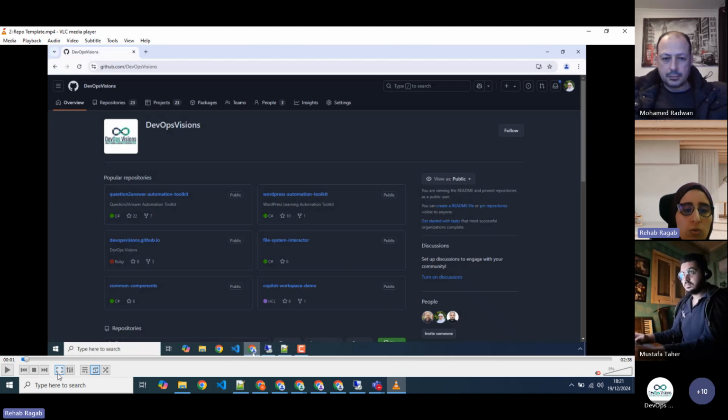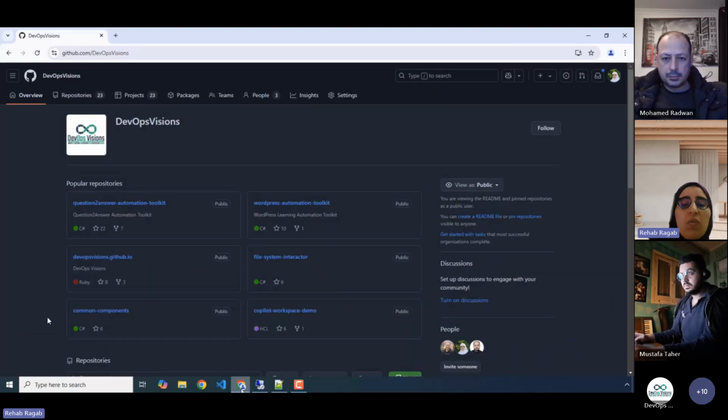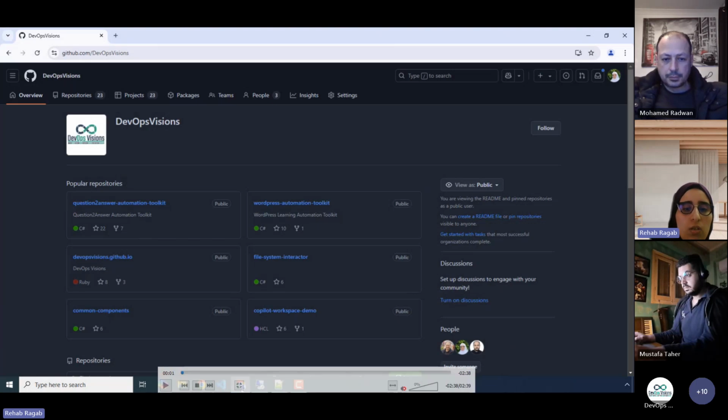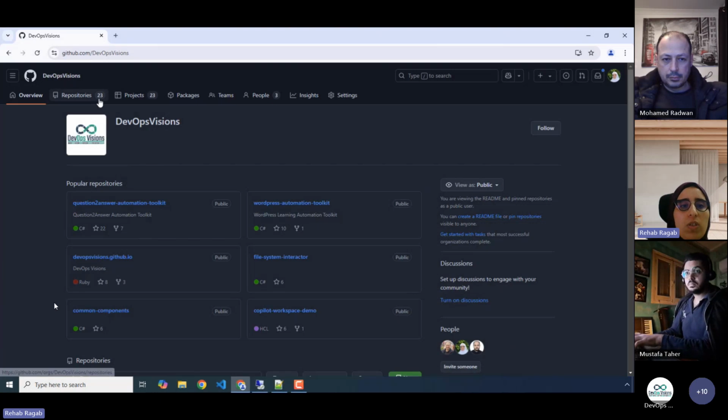To create a repo template, you must first create the repository that you would like to be the template, and then make this repo a template. So let's start by creating the template repo first.